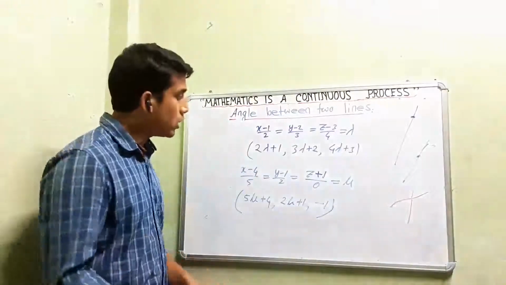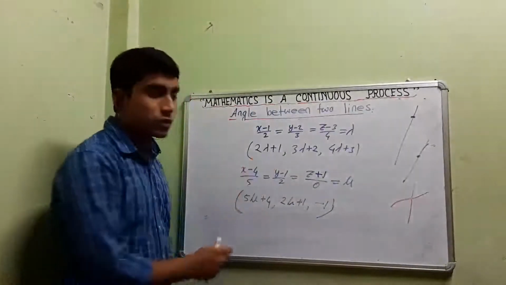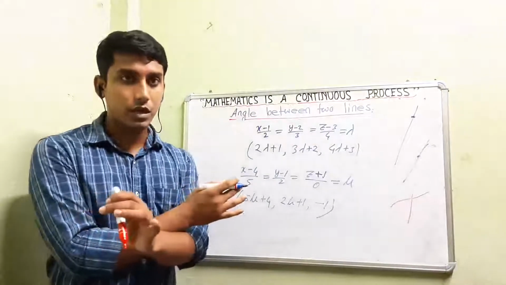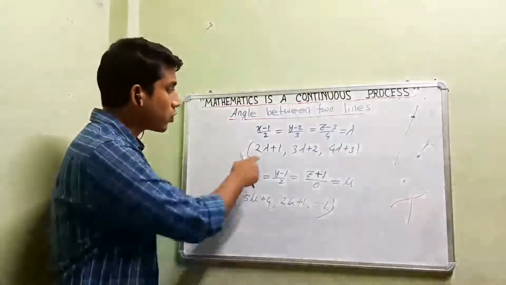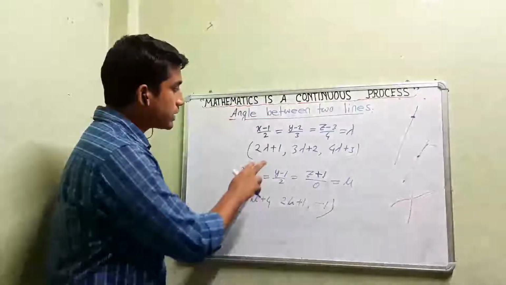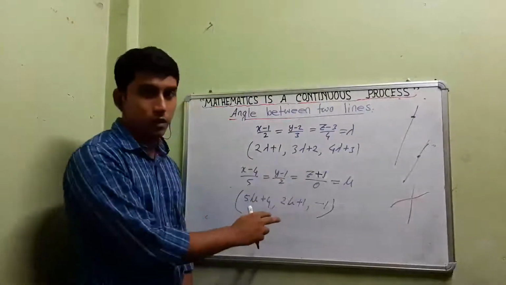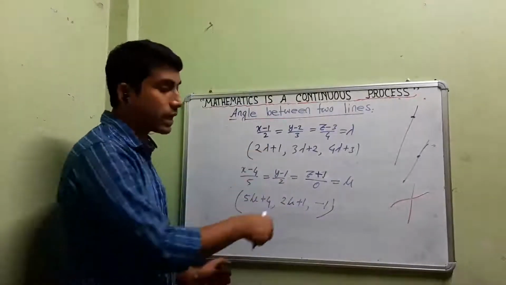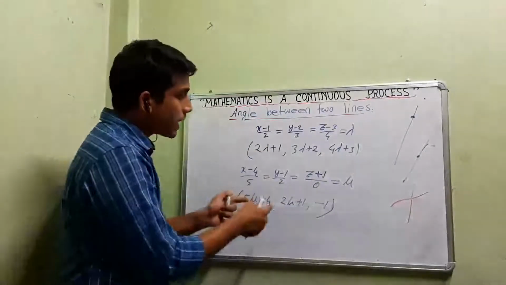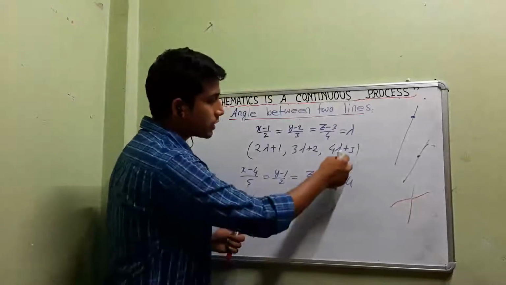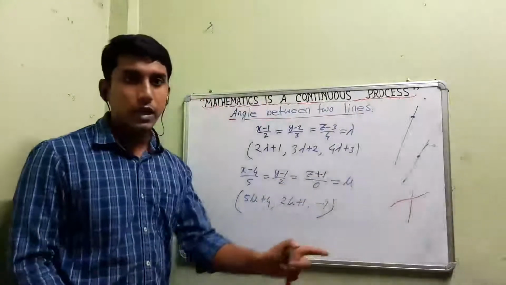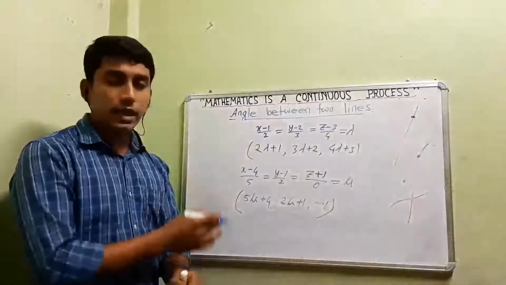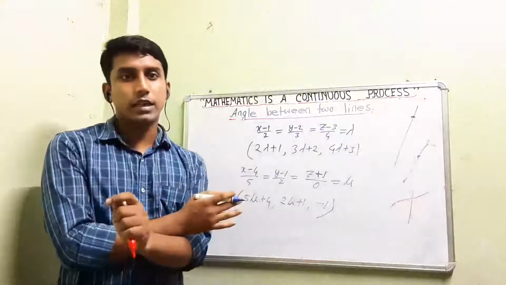So what we'll do, we'll take the first coordinate equal to first coordinate, using the concept that they have a common point of intersection. As a common point of intersection, the coordinates must be equal. So we'll take the first two coordinates equal. By equating the first two coordinates, we'll get the values of lambda and mu. And if I put lambda and mu in the third coordinates' equation, if it is satisfying the third equation, we'll say that the two straight lines are intersecting each other.